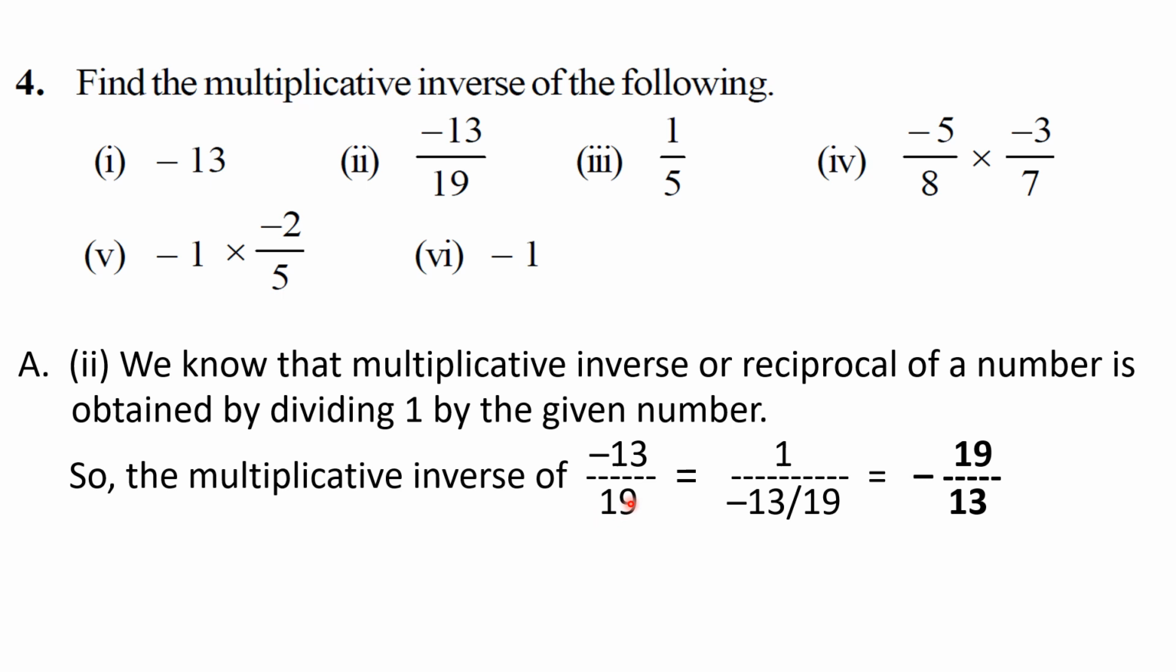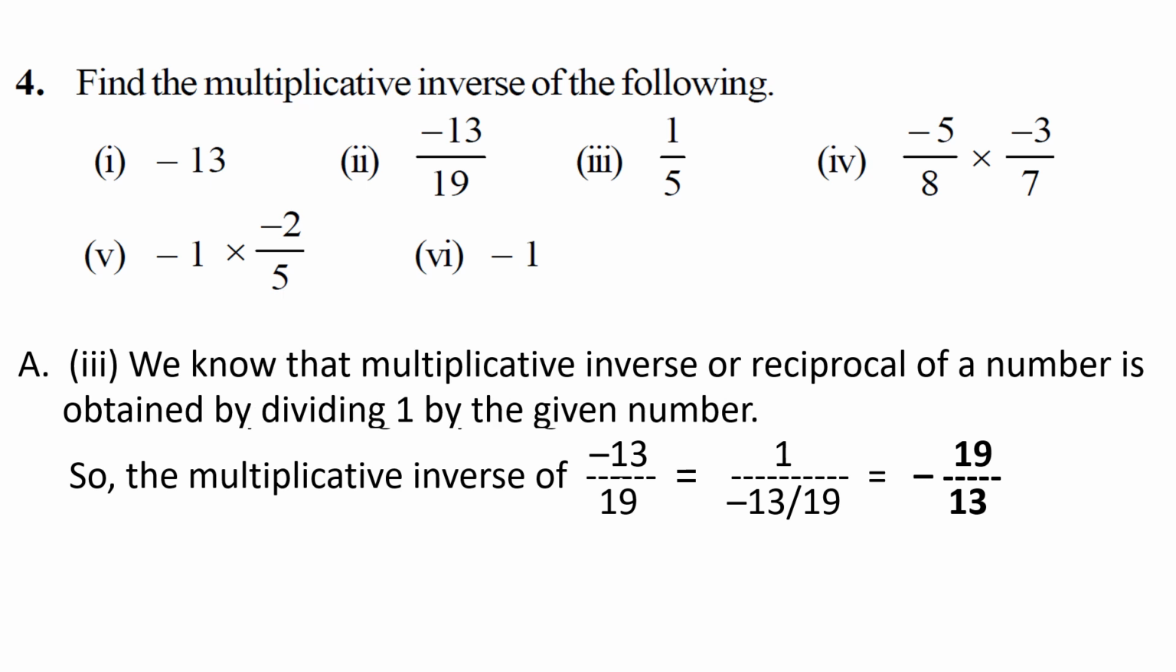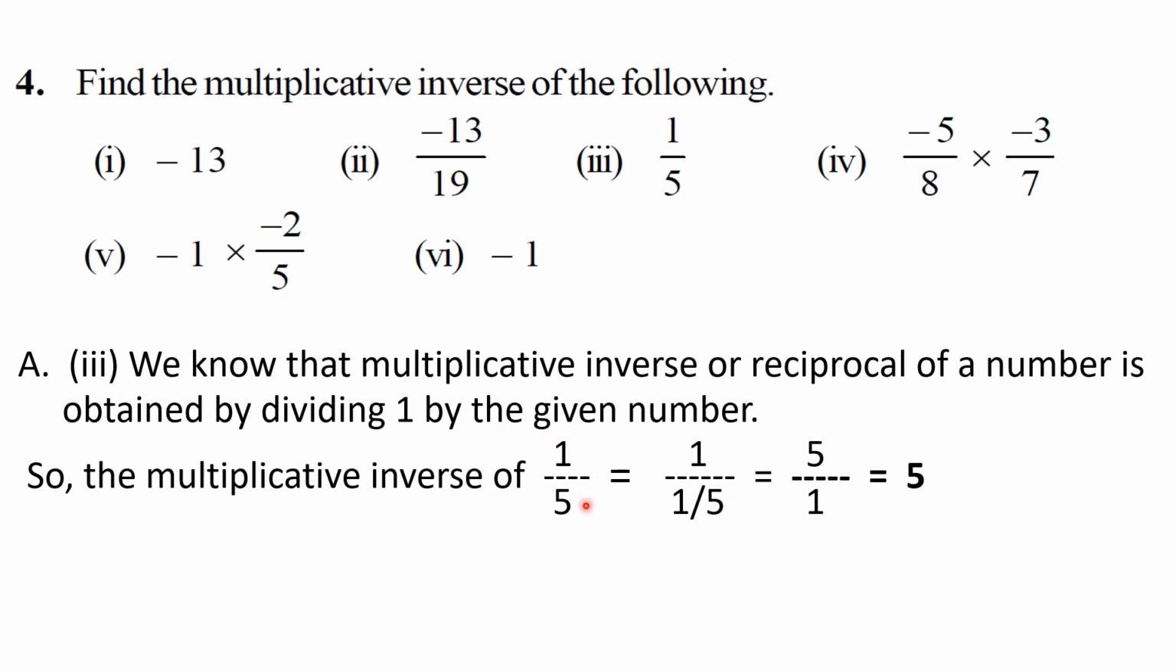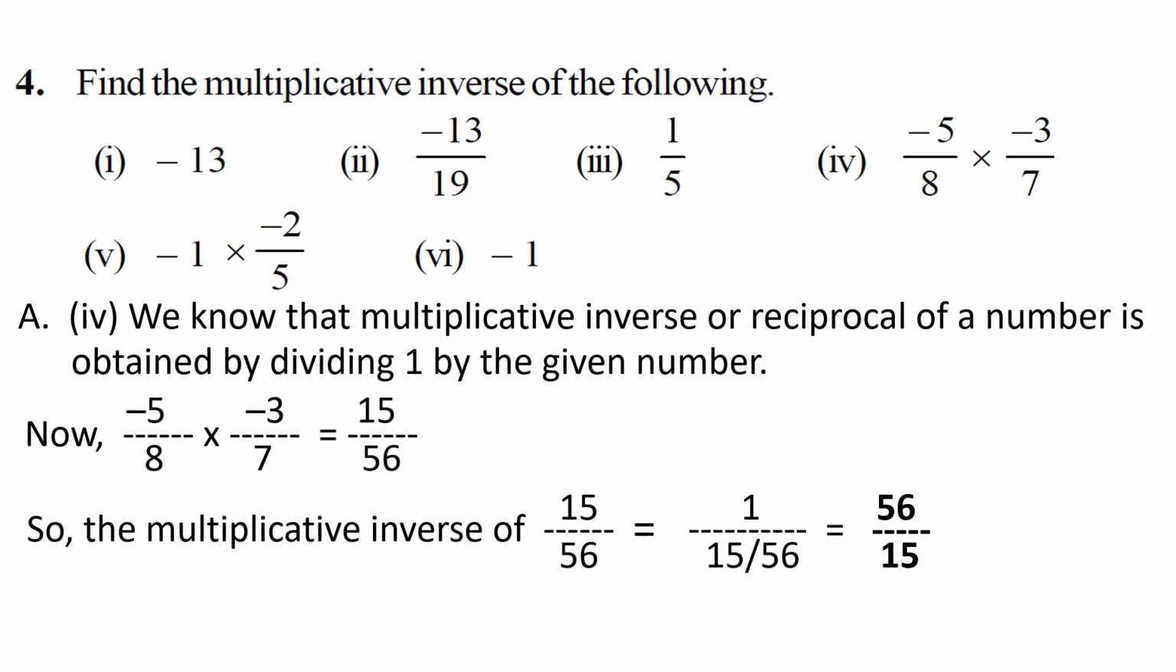So multiplicative inverse of minus 13 upon 19 will be 1 upon minus 13 upon 19, and 19 goes up, 13 remains down, so minus comes here, so minus 19 upon 13. Now 1 upon 5. So 1 upon 5 multiplicative inverse will be 1 upon 1 upon 5. 5 goes up, 1 remains down, 5 upon 1 is equal to 5. So 5 is the multiplicative inverse of 1 upon 5. Then